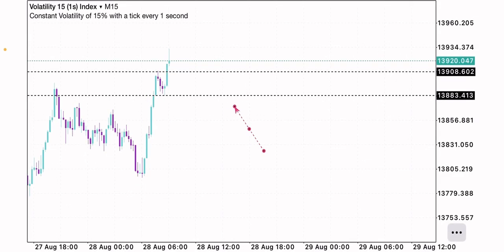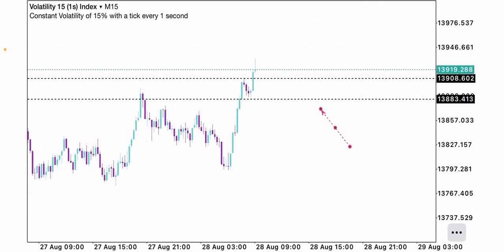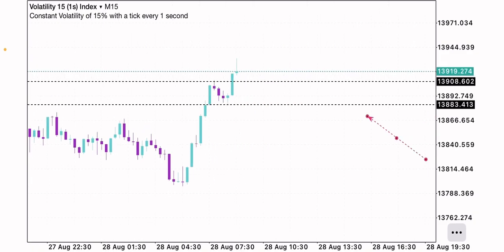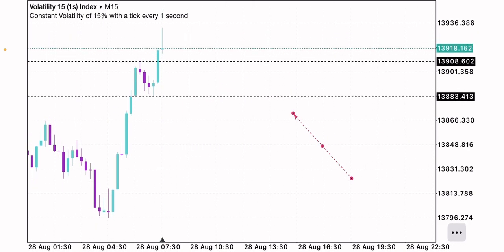Let's get right into the chat. So yeah, I just took this trade right now, and I'm about to show y'all how I was able to